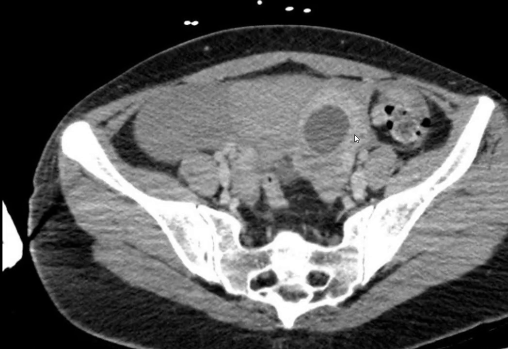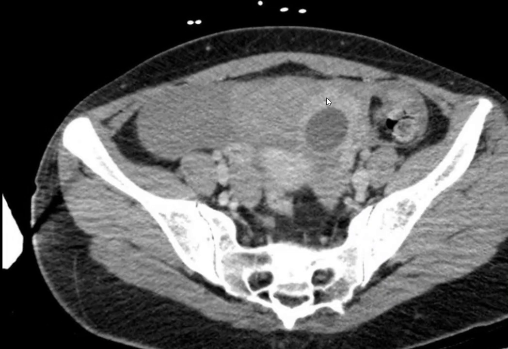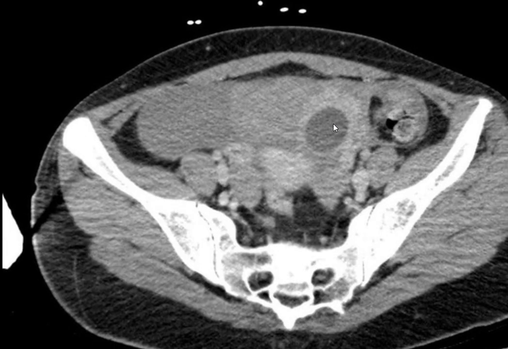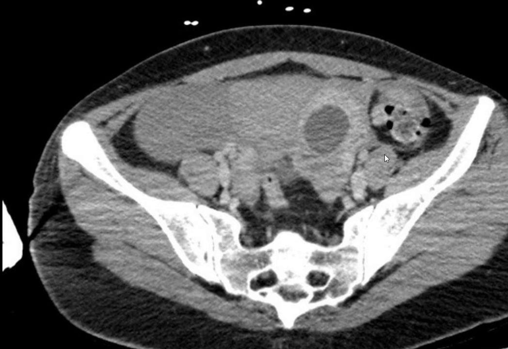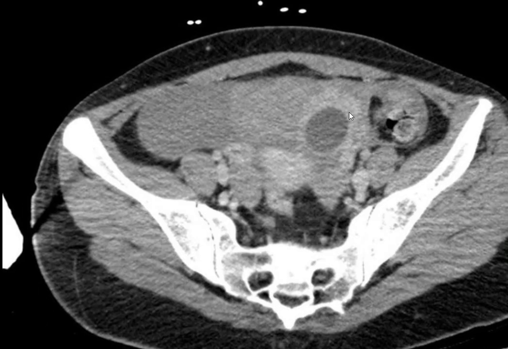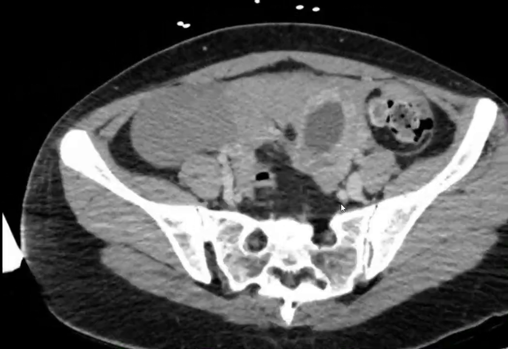Now this can be a hyperdense area of a mass, or maybe a hematoma, and around it I can see something more hyperdense. So when UPT was advised, the patient was positive for UPT, and retrospectively, because of the history, we came to the conclusion that this is a case of ruptured ectopic, and this sentinel clot or blood around this pathology is easily guiding us that this is the cause of it, and this was nothing but the hemoperitoneum.